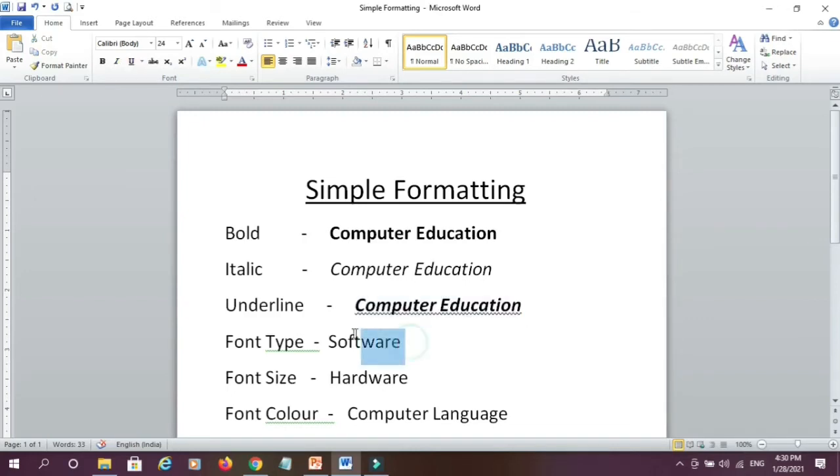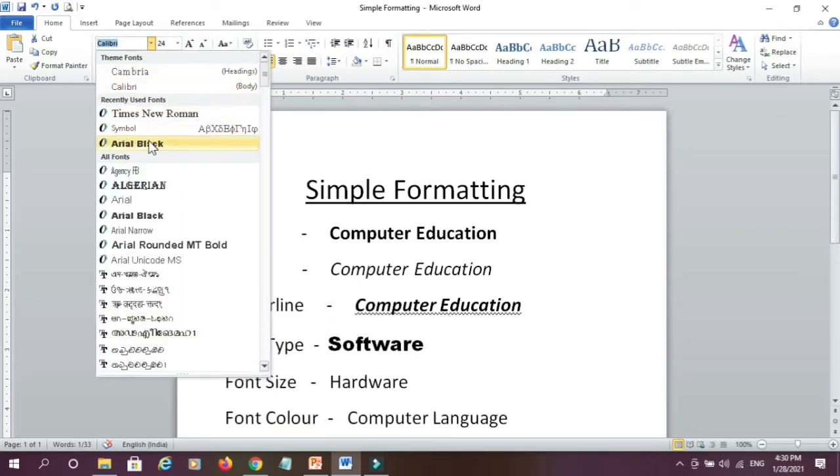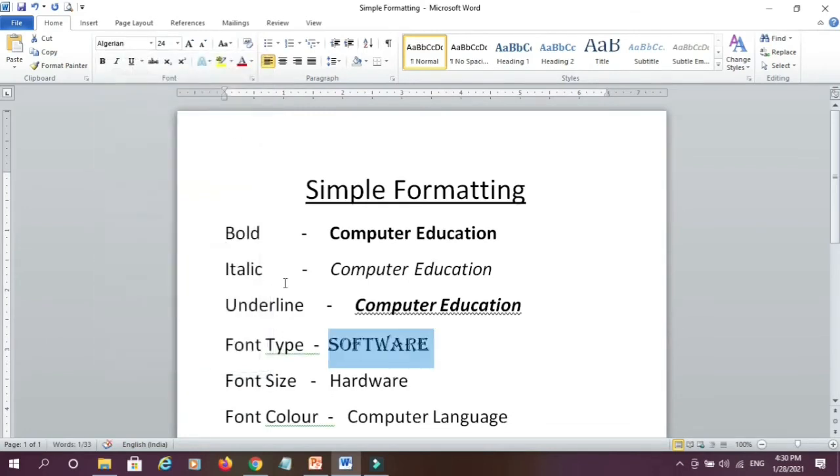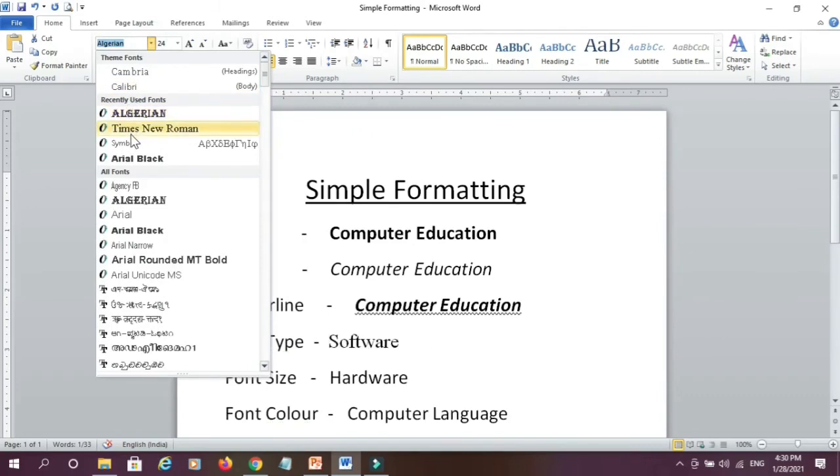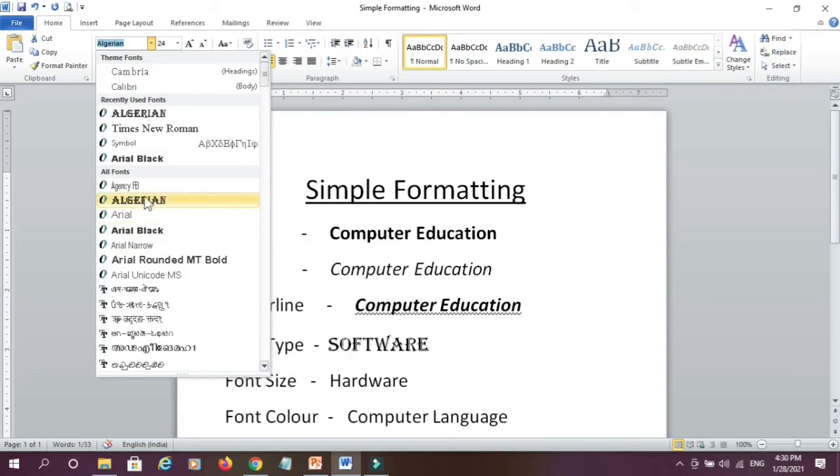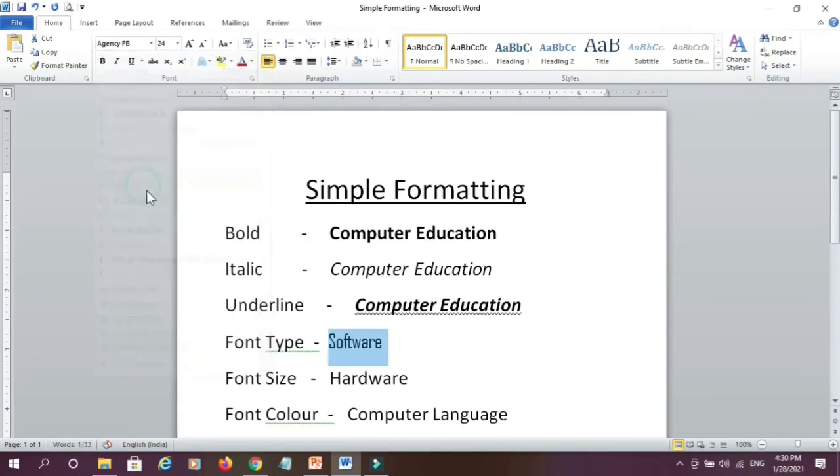Then for changing font type, I select this text and go to the font type button and I select a particular font, and you can see here I am able to change my font. Similarly, if I want some other font, so I can use that font and change my font face or font type.